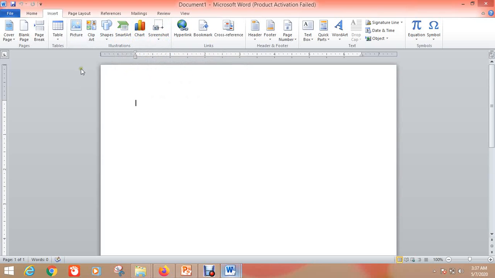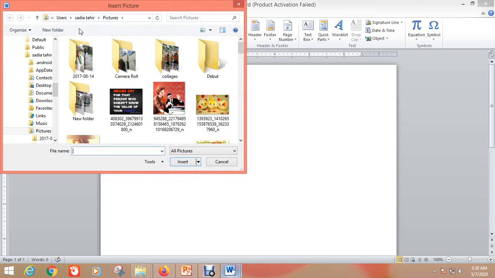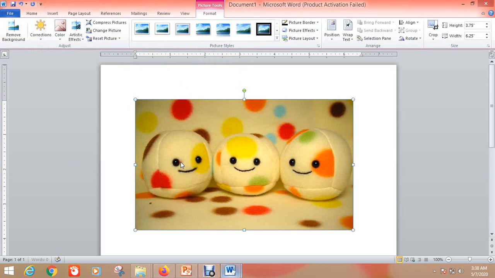If you want to add a picture that is already saved in your computer in your document, first of all you have to click that option picture, then select the folder or the location where that picture is saved. Suppose I want to add this picture and select the picture and go to insert.